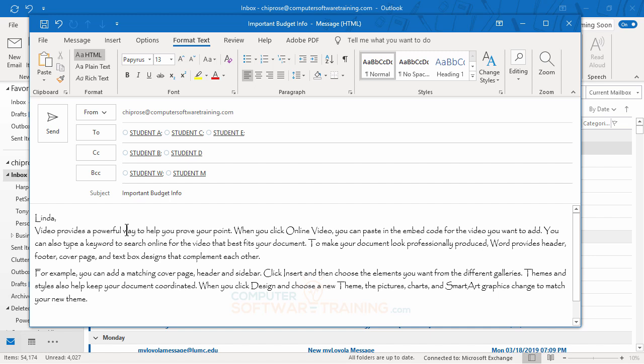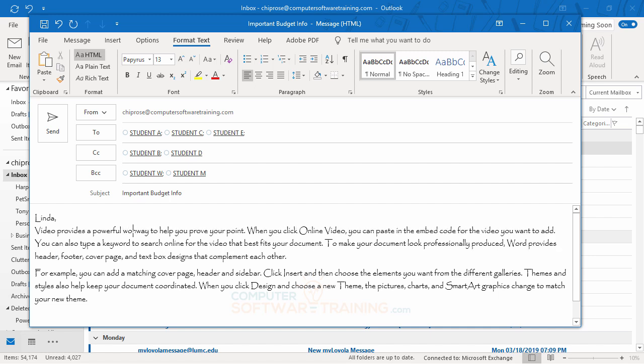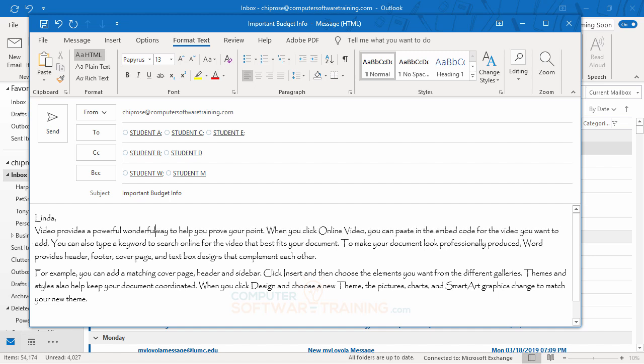Let's say I want to put the word wonderful here. Right now we have in there powerful, right? And maybe I'm trying to point out the fact that it's not really powerful, it's really wonderful, right? But I want to still keep the wonderful in there. What I can do is double click on that word, and then go over here into the Format Text tab, and I've got this little strikeout here, and I can